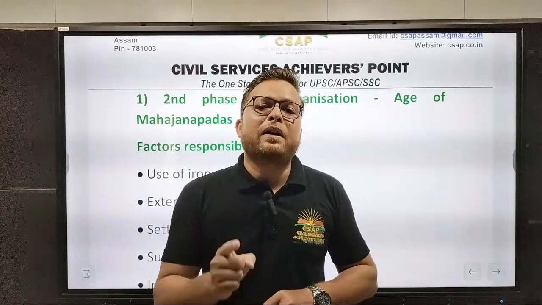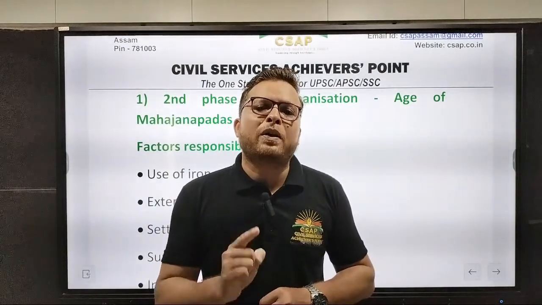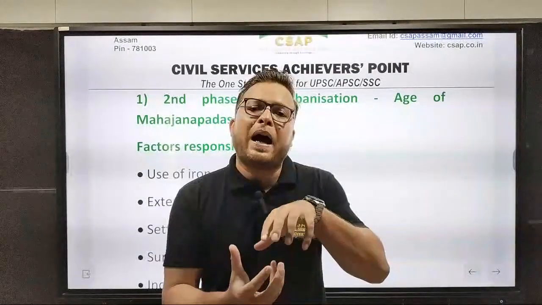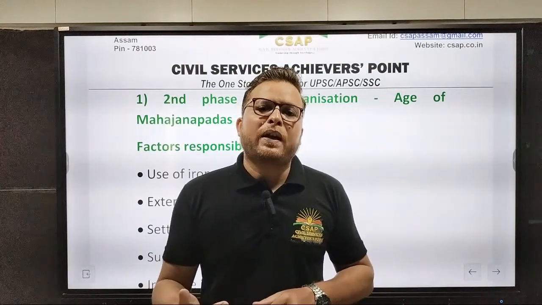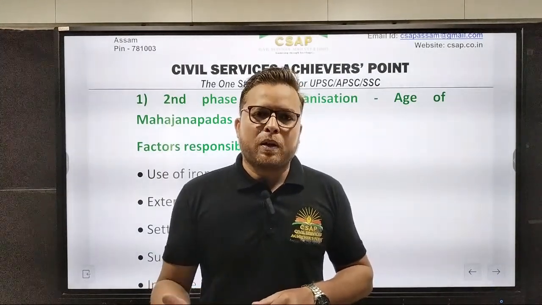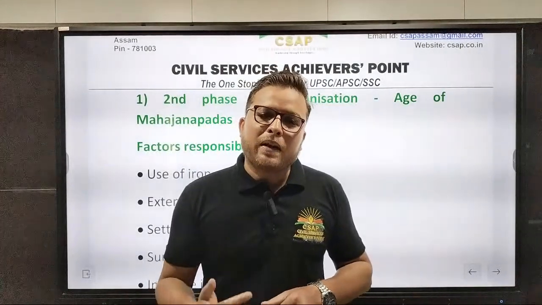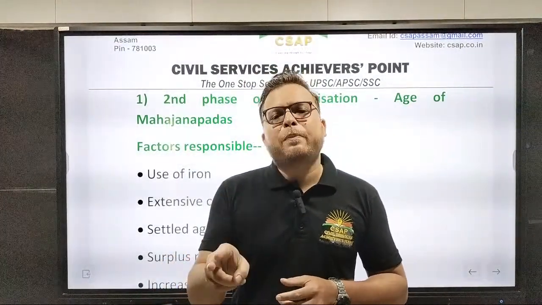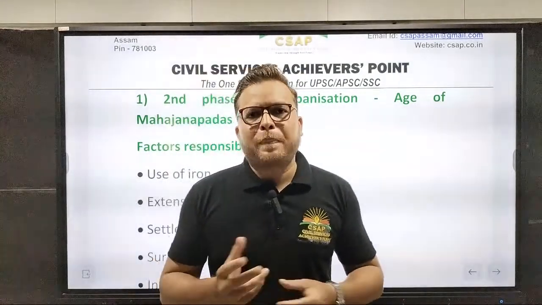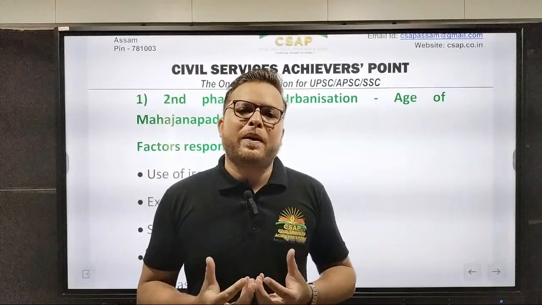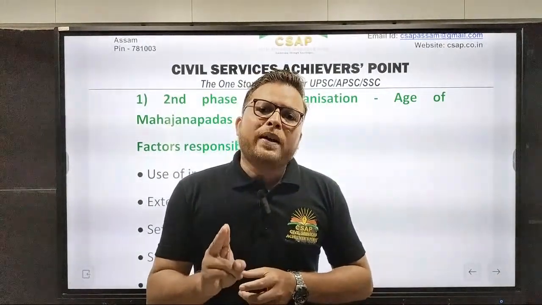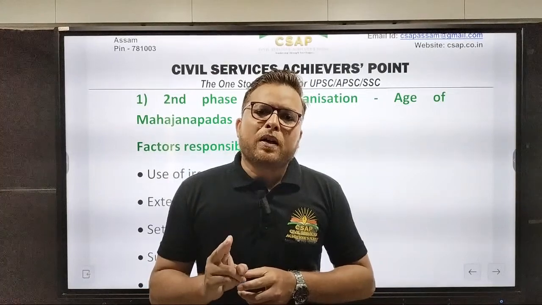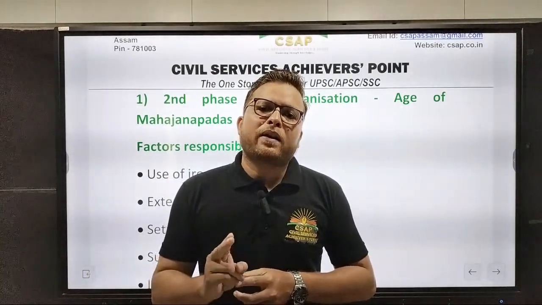But now they have started using iron, and we all know the benefits of using iron in that particular part, and that is known as what? Iron plowshare. The moment they started using iron, agriculture became better. Agricultural production got better and better. On top of that, they were also using iron hoe. So basically, in simple words, they started using iron implements in the domain of agriculture from this particular time period. So what did they gain out of the use of iron implements in agriculture? They witnessed agricultural surplus.